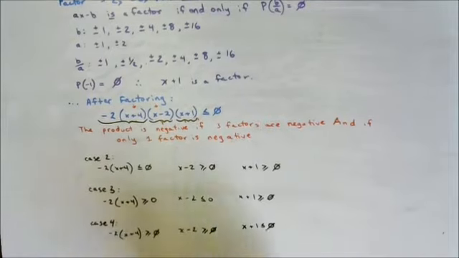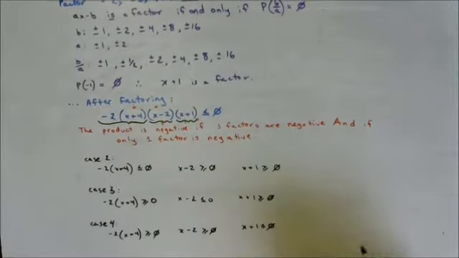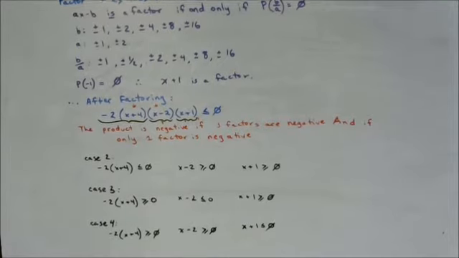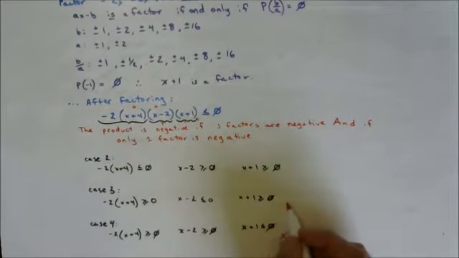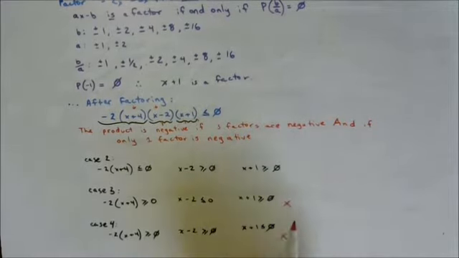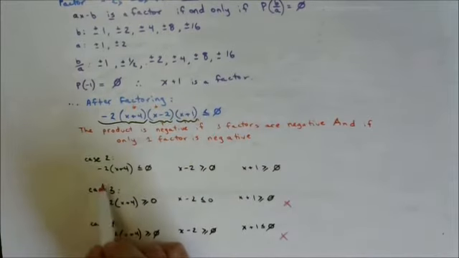And again, for each of those, you would draw your number lines, you'd solve the inequalities, draw your number lines, see where they line up. And then at the end, you would combine all of those solutions to see what it is. Okay? In this case, this does not result in any solutions, and this one does not result in any solutions. So the only solutions here are going to come from case 1 that we already did and case 2,